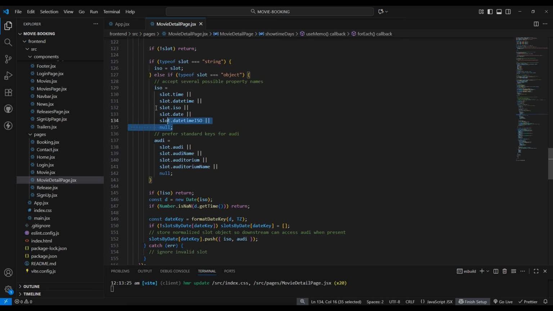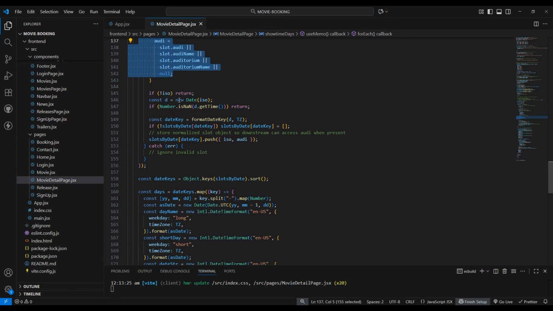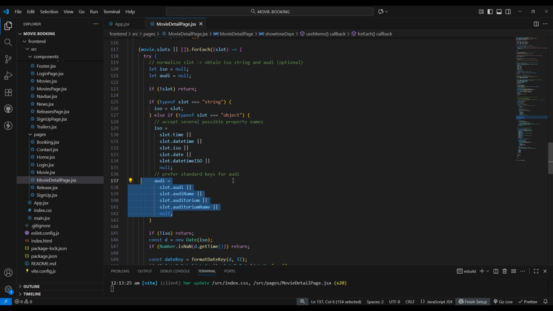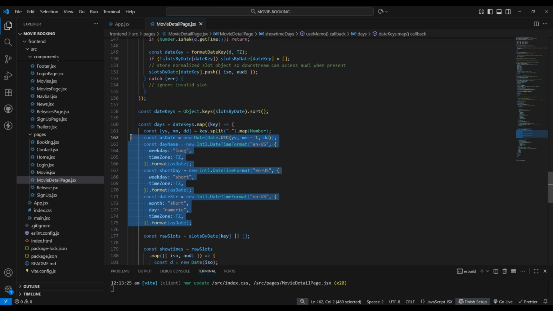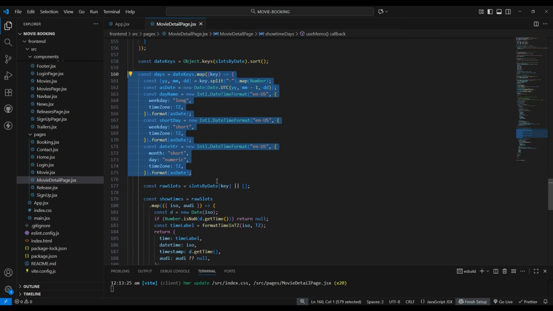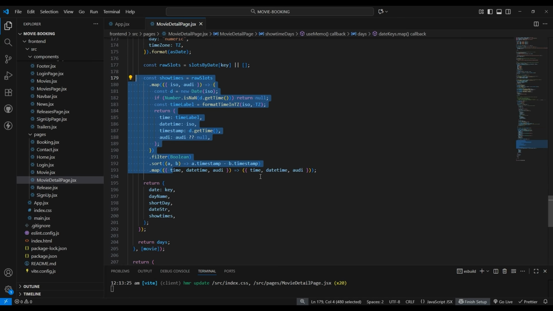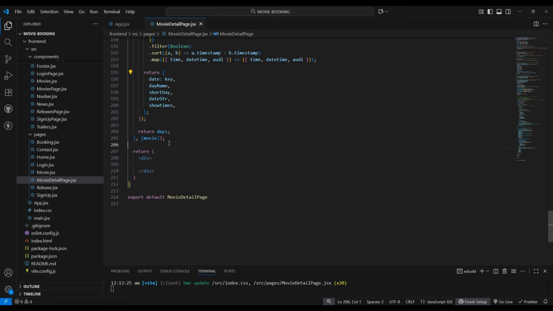It will show you the slot, and it will show you the ID and whether seats are available for that particular timing and slot or not. So both functions help you in that, and this days helps you in getting the date, that is, at what date you have selected that movie, and showtime will show you that particular time with the ID. Now it will return these things here. Now after this, let me just